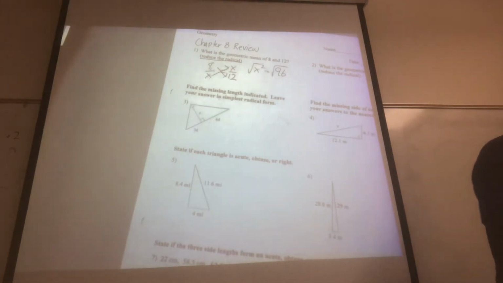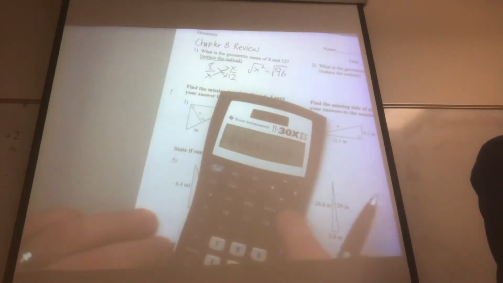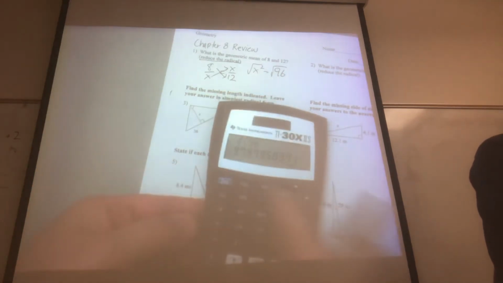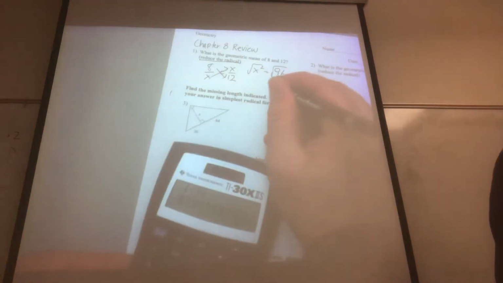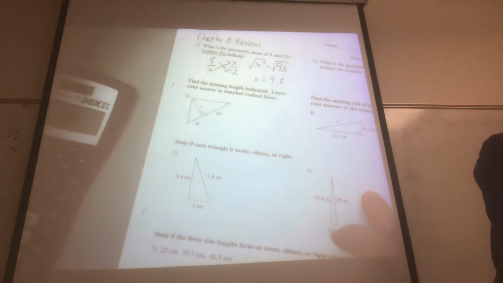into your calculator. So on this one, if we take the square root of 96, for example, we're going to get 9.797, or basically 9.8 is what I'm going to call it. X equals 9.8. Now, if you were to reduce the square root of 96, which I'll do again real